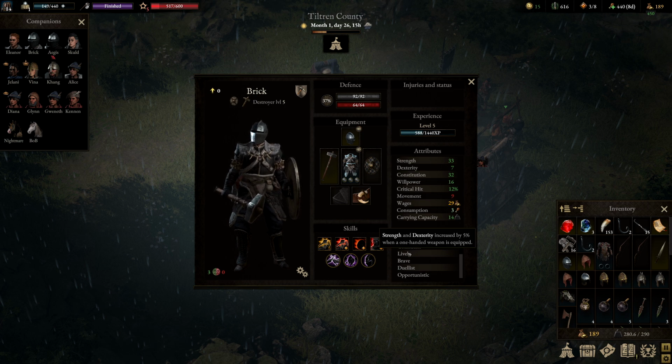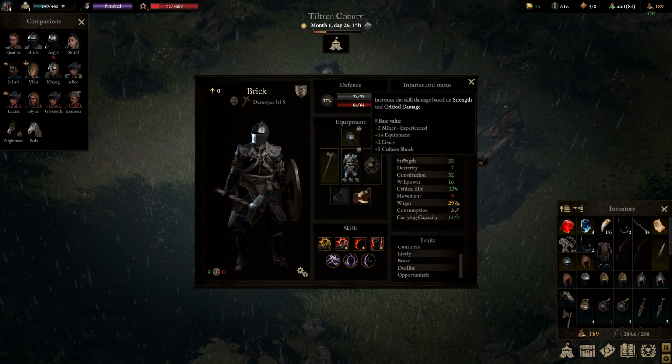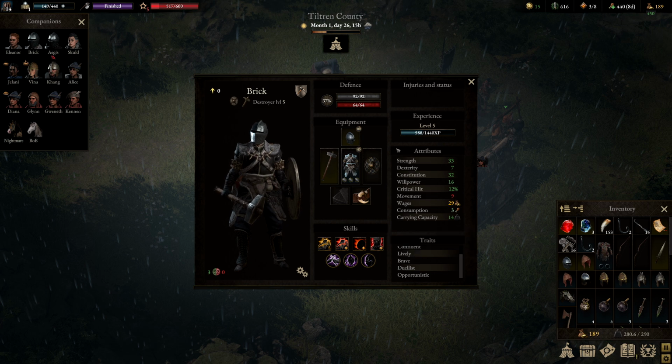Lively, so strength and dexterity increased by 5%. That is currently plus 2 strength and plus 1 dexterity. Brave, so strength and dexterity increased by 5% if we're outnumbered at the beginning of the battle. That does not actually show here, but that is another 2 strength and 1 dexterity if we're outnumbered at the beginning of the battle. So it does stick around for the entire battle if we're outnumbered, which happens a lot since we're playing the